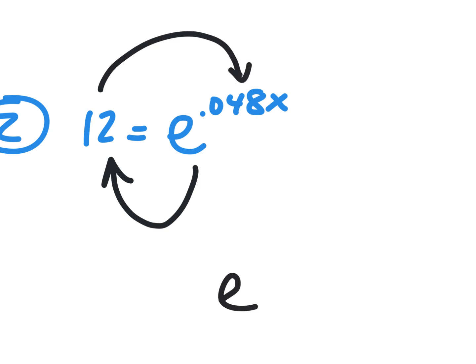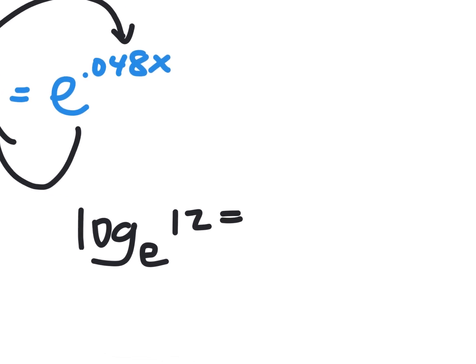E to the 12th equals 0.048x. Why is that better? Because, wait a minute, did I just do that wrong? I did that wrong. Sorry. It is the circle of logs, but I forgot to put in the log. I'm like, where's the log? There wasn't a log. Sorry. Log. Okay. Log base what? Ooh, there's a shock. Log base e of 12 equals